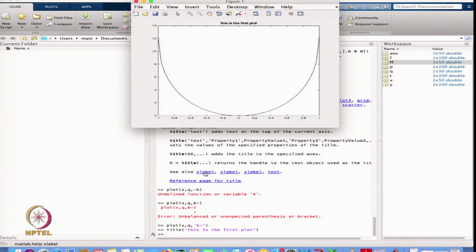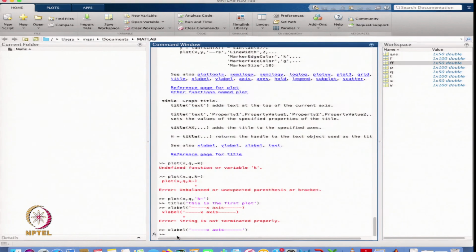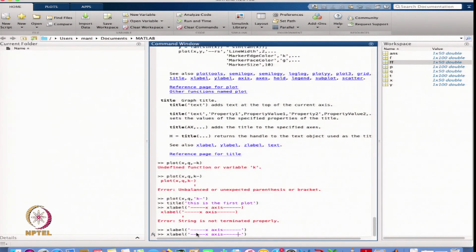So, x label means I can define the x axis. I write x axis, and you can see that the x axis label is coming. Similarly, I can define the same thing for the y axis.